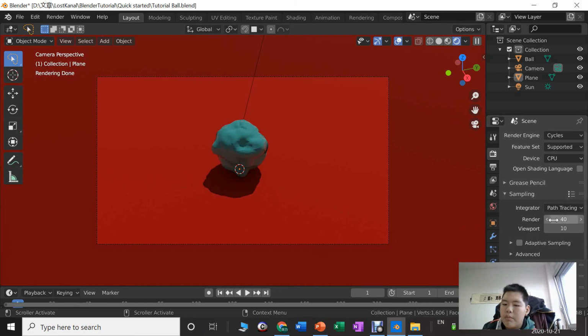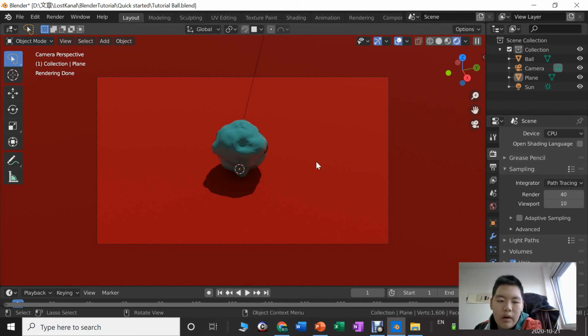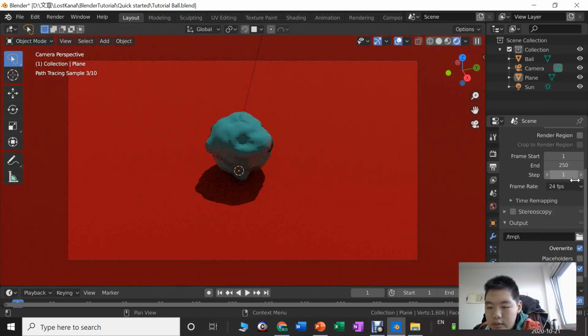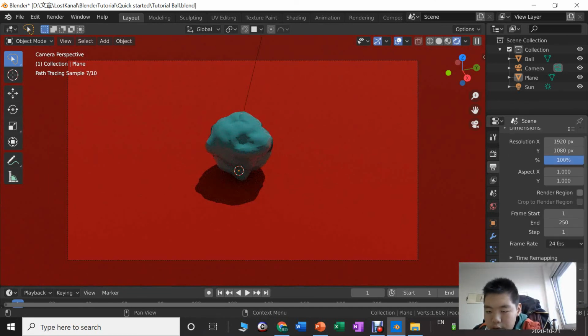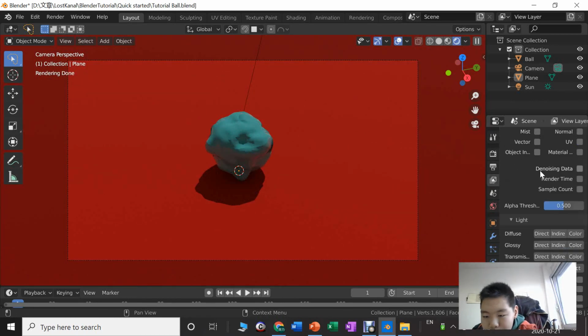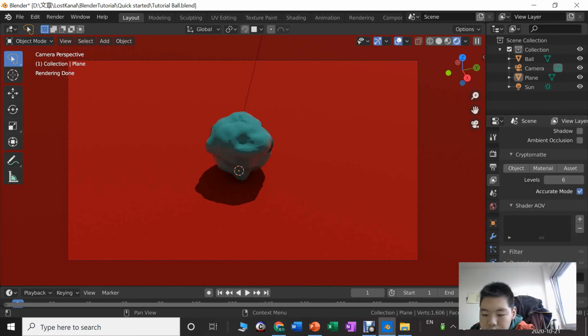Okay, I will just tell you something about sampling. You can increase the number of samples. It takes more time, but you will get a better quality. And if you want low samples but without noise like this, then you go to here and, where is it? I don't find it anymore. Denoising. Yeah, you can just simply turn it on